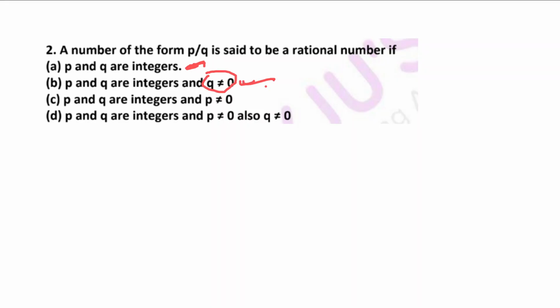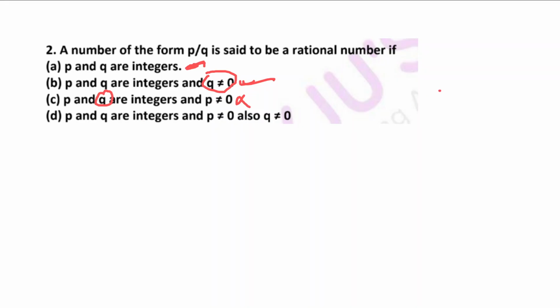So this is more correct. P and q are integers and p not equal to 0, not necessary. Okay, q should not be 0. So this is not correct. Okay, here it says p and q are integers, it looks like this, but p should not be equal to 0. No. Okay, this is not correct,